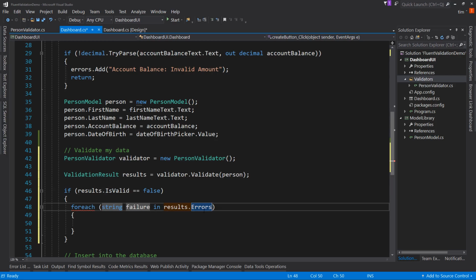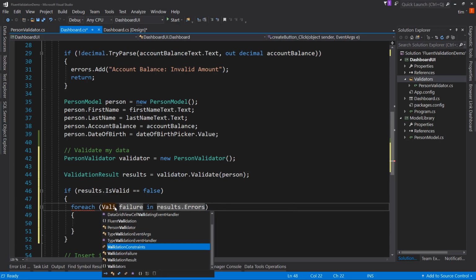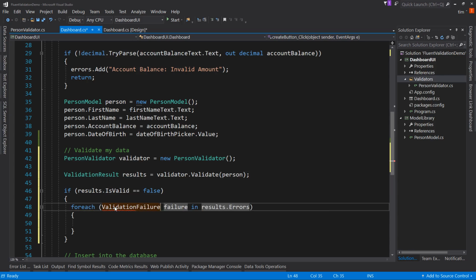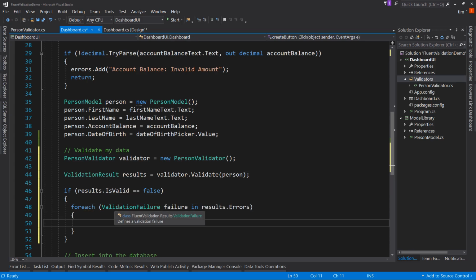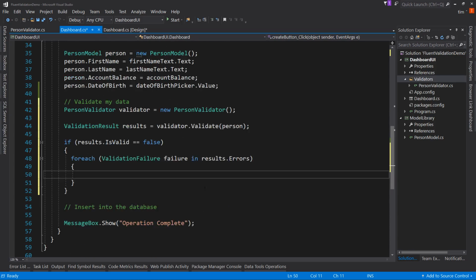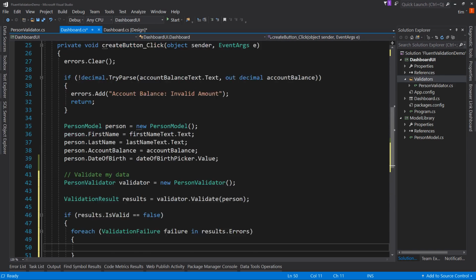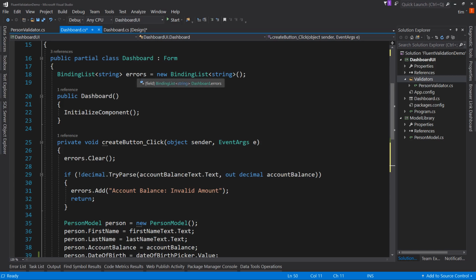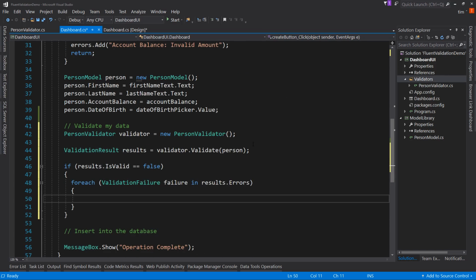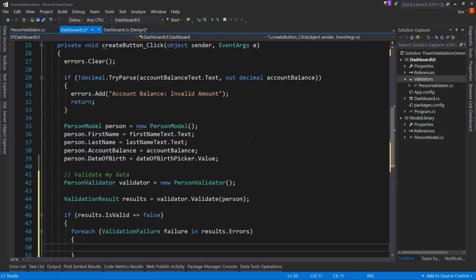So errors, actually no, it's a validation failure. There we go. So now we have a list of errors we can look through if this model is not valid. So for each validation error, let's add it to our errors list. Okay, so we have our errors